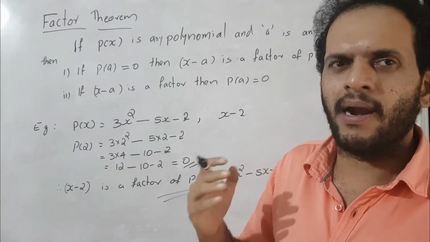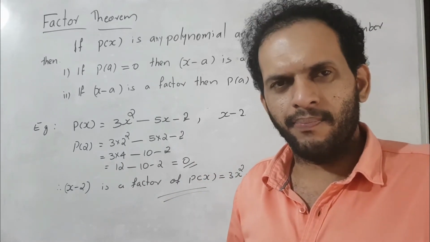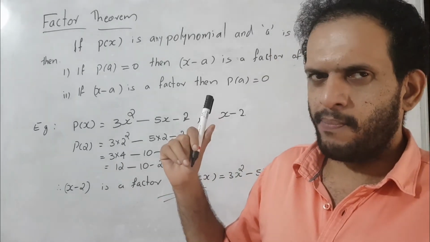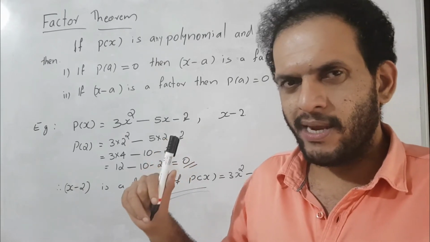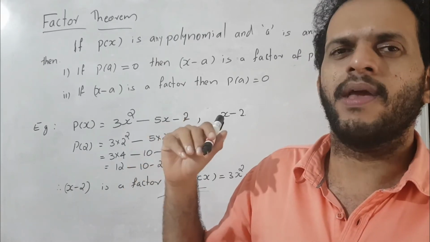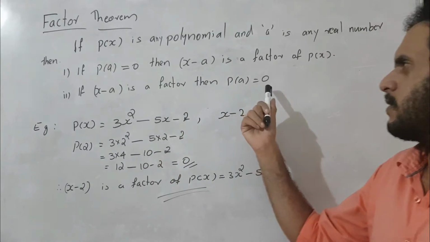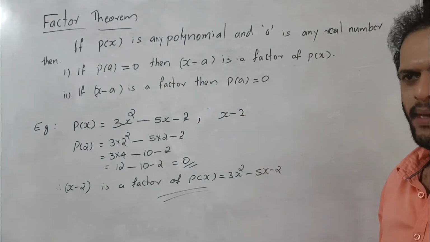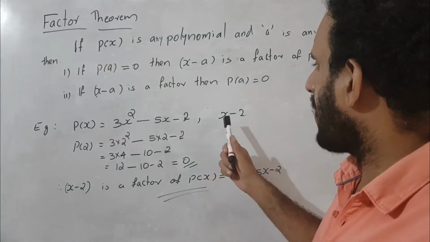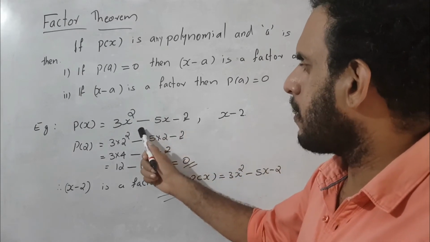എക്സ് മൈനസ് എ ഫാക്ടർ ആണെങ്കിൽ ഏതിന്റെ വാല്യൂ 0 ആയിരിക്കും? റിമൈൻഡർ എന്താ? p of x നെ x minus a കൊണ്ട് ഡിവൈഡ് ചെയ്ത് കിട്ടുന്ന റിമൈൻഡർ എന്താ? p of a ആണ്. ആ p of a എന്തായിരിക്കും? 0 ആയിരിക്കും. Okay, then one example: how do we check the x minus 2 is the factor of the